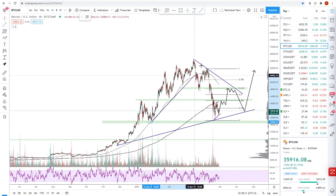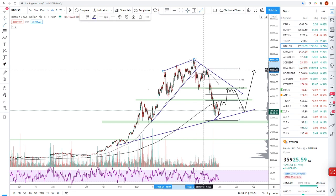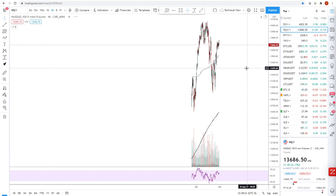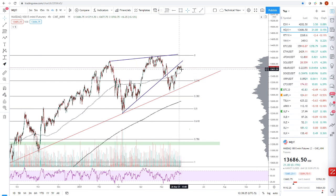So we had this wedge structure here. We then built this lower high, and that's where we got this bear wave. I see something similar in both ES and NQ, right? We've had this wedge structure. We're building this lower high point, and if we confirm this as a lower high,